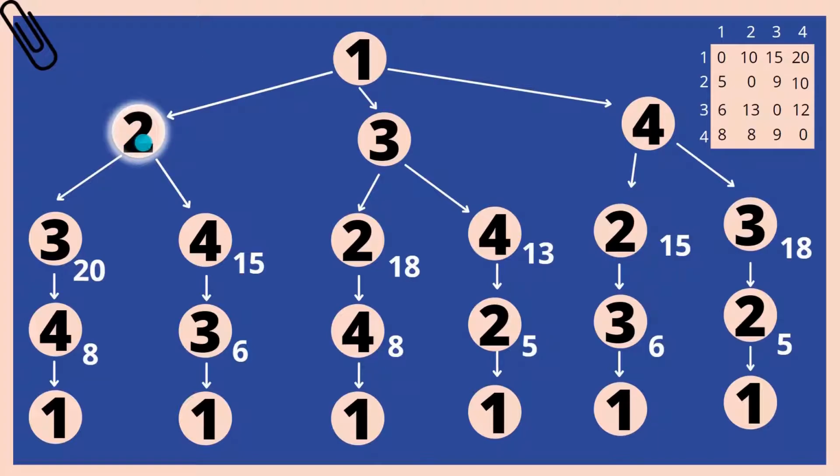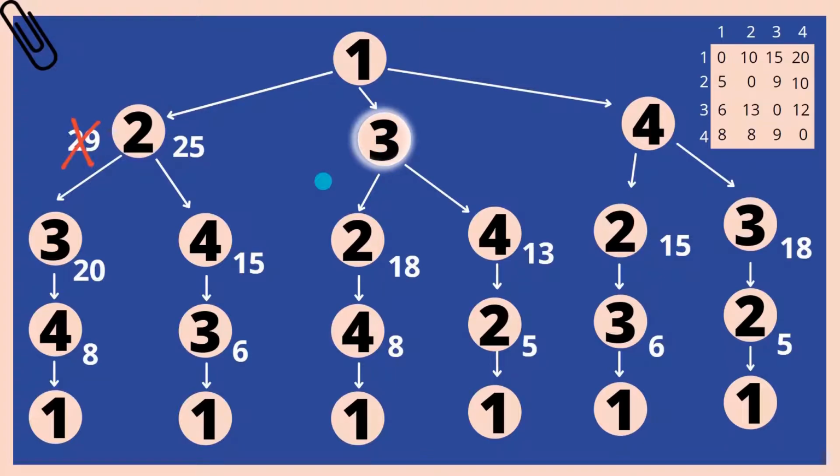So now we are at 2. Now we have to decide whether we should go to 3 or 4. Till 3 it's 20 and till 4 it's 15. After adding 2 to 3, which is 9, to 20, and 2 to 4, which is 10, to 15, out of these two, which is going to be our minimum? So 25 is the minimum. So we will not include 29.